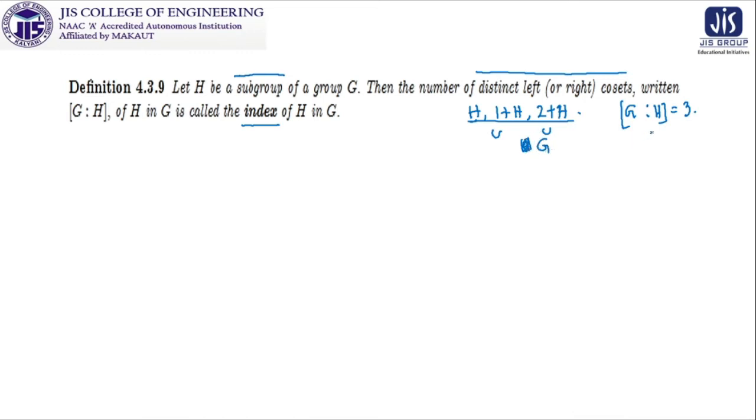So what does it mean? Actually it means in how many parts you have distributed your G with the help of H. So if it is H, it is 1 plus H, it is 2 plus H, it is 3 plus H, it is 4 plus H for some different set, not for this one, but it is distinct, and ultimately their summation is giving G. So if you have this one, then H creates these 5 pieces, then G colon H will be 5. That means the index of that particular thing will be 5.